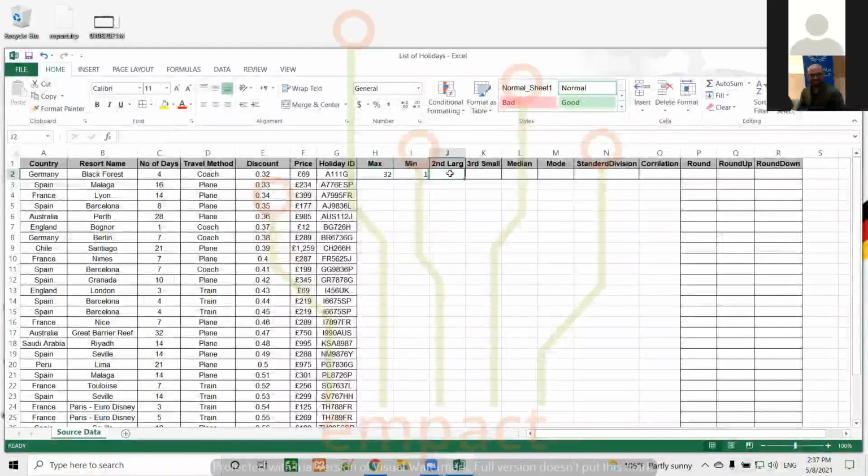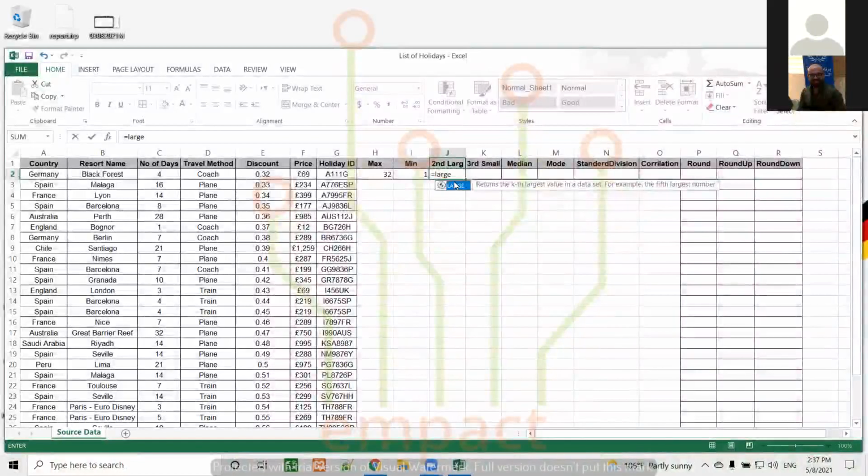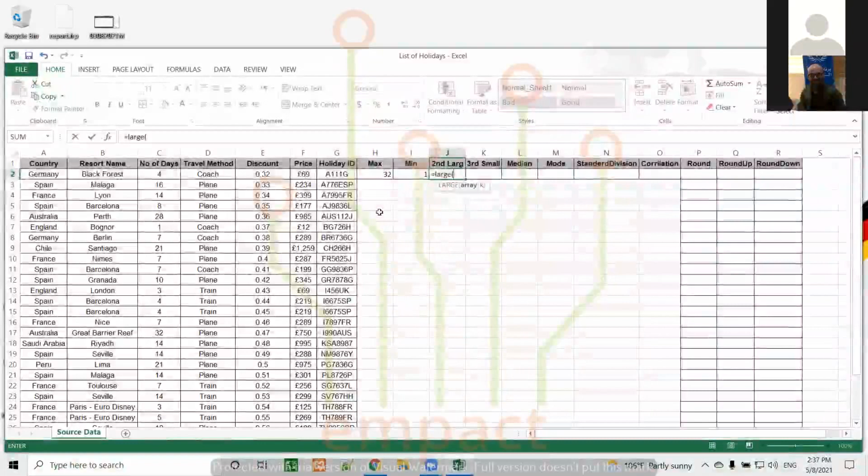Let's say I want the second largest number. What I will do is say equal LARGE, open the bracket, then we have the array or the range of data that I want to look for the largest number. So I have C2,